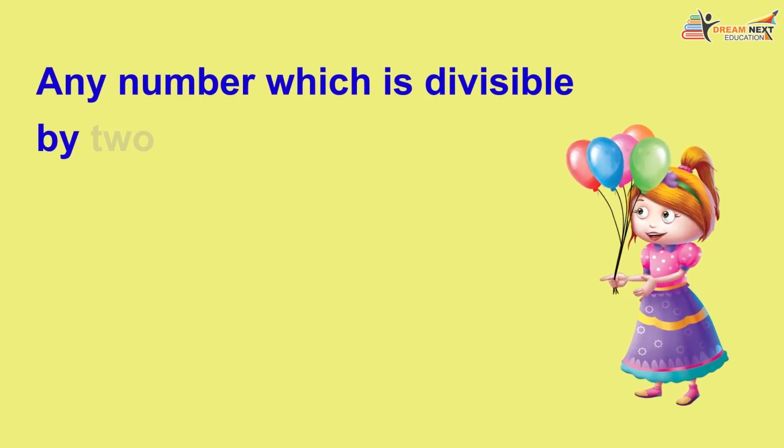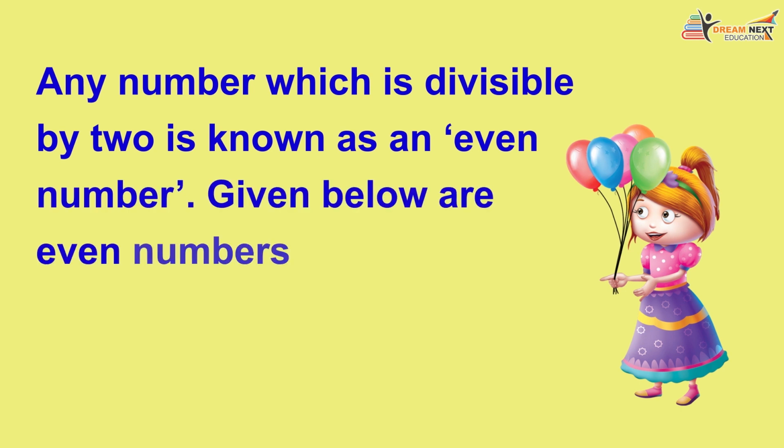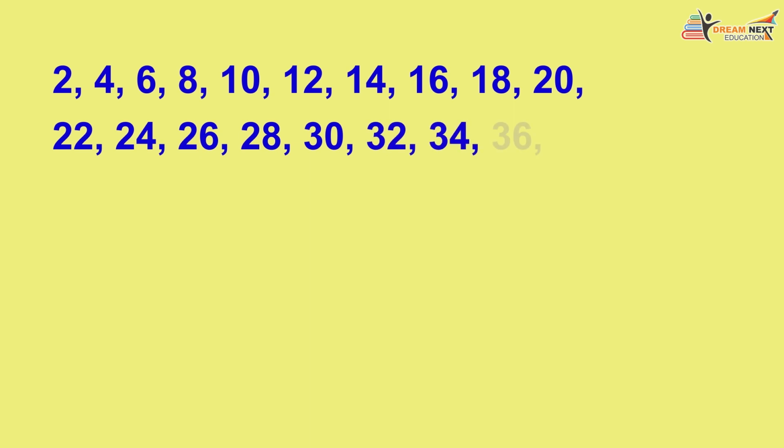The number system: even numbers. Any number which is divisible by 2 is known as an even number. Given below are even numbers from 1 to 100. 2, 4, 6, 8, 10, 12, 14, 16, 18, 20, 22, 24, 26, 28, 30, 32, 34, 36, 38, 40,